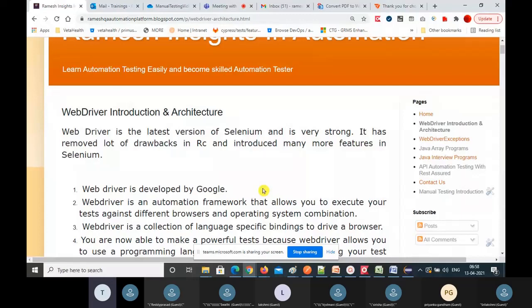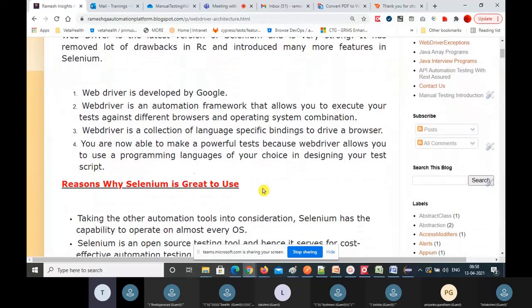Now, WebDriver is a collection of language-specific bindings to drive the browser. What is meant by that is every browser has WebDriver APIs that are developed in different languages, and those APIs will drive your application.